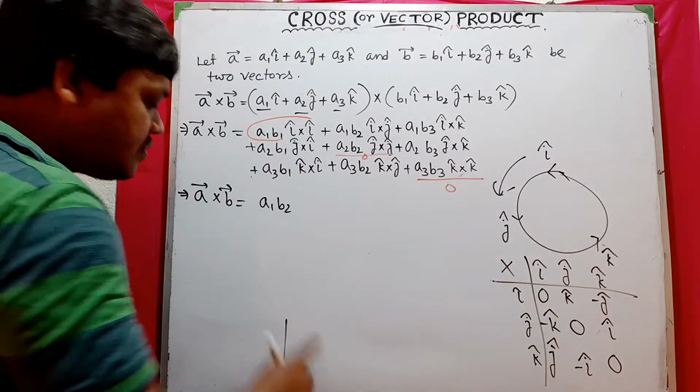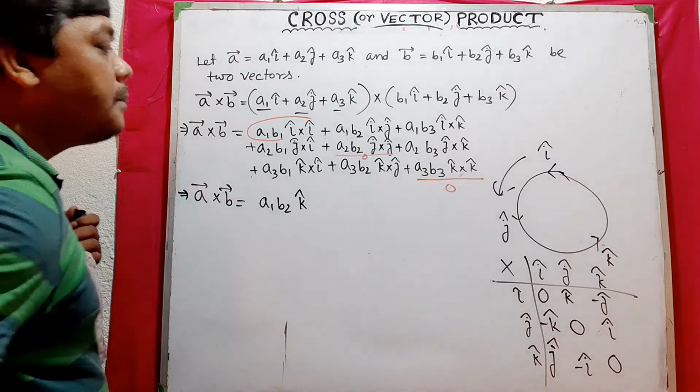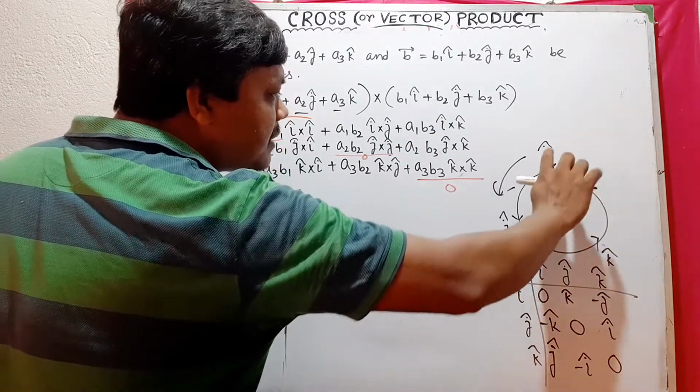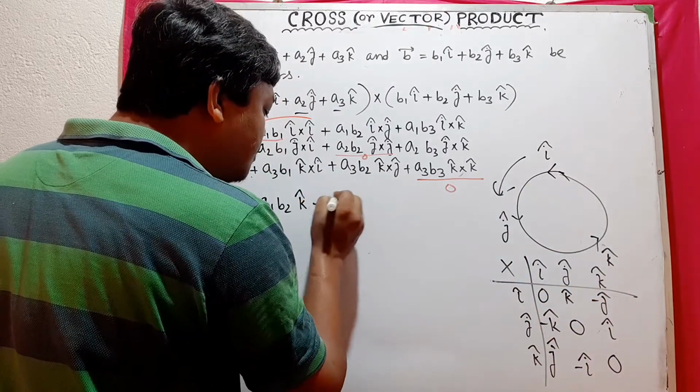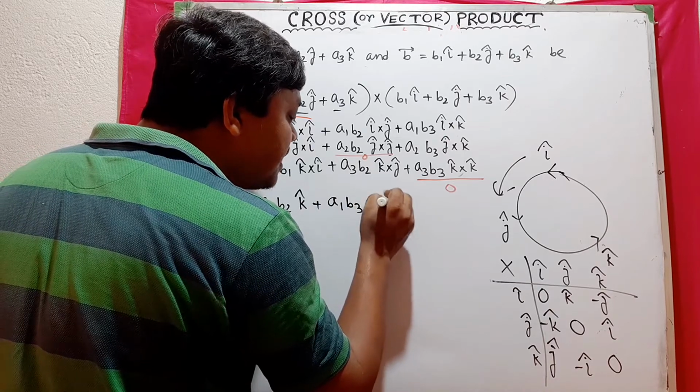What is I cross J? I cross J, that is K cap. A1 B3 I cross K উল্টো দিকে চলে যাচ্ছে, তার মানে কি থাকবে? I cross K হলে মাইনাস J, সো মাইনাস A1 B3 J cap বসিয়ে দিলাম।